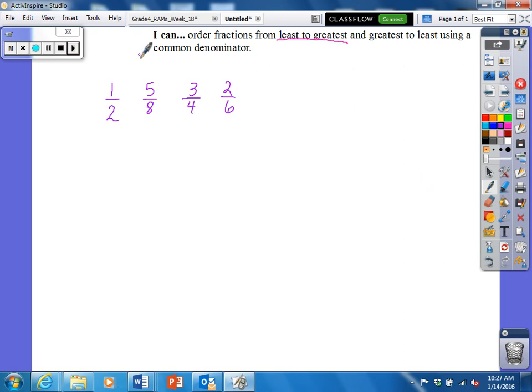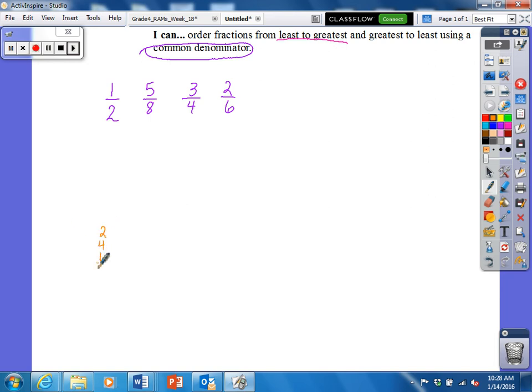Okay, so in order to put our fractions in order from least to greatest or greatest to least, we have to do what we call finding a common denominator. And the strategy we use for finding a common denominator is by listing our multiples of each denominator. Since all of our denominators are different, we're going to need to list the multiples of all of these different numbers. So I'm going to start with my 2,